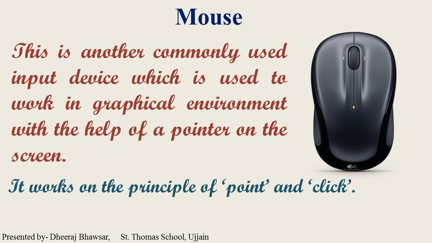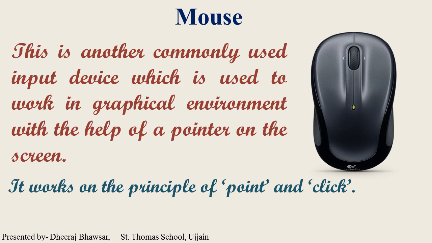Now we'll discuss the operations of the left button. The mouse contains two types of button, left button and right button. So first, left button operations. First option pointing, second left clicking, double clicking and dragging. Pointing means pointing to an item on the screen, means moving a pointer to a certain location. Left clicking means to click an item: point to an item on the screen, then press and release the left button.